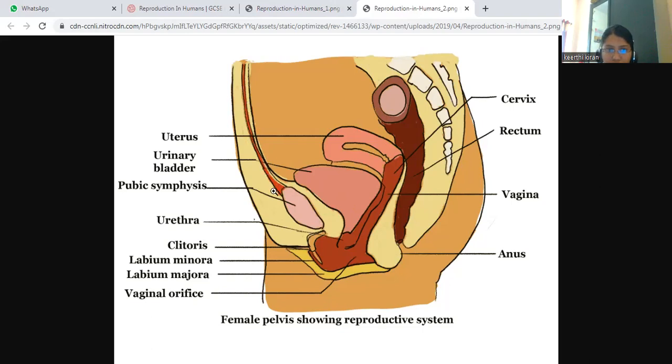See here, two ovaries are there on both sides, and this is the fallopian tube. When they attach together with the uterus, they can carry the egg with them. The two oviducts are united and reach into the uterus. Now, the uterus is one of the main parts of the human female reproductive system. It is a bag-like structure which opens into the vagina through the cervix.